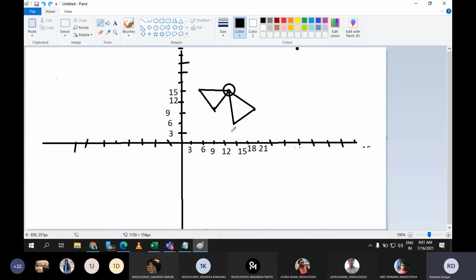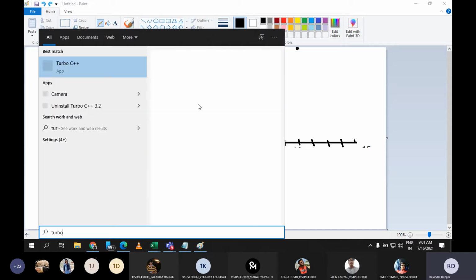Now, as we have enough time, I don't want to start the new transformation, which is scaling. In the next week, we will start the scaling transformation, but still we have enough time. So let's try to implement rotation with respect to origin programmatically. Are you ready? So that I can explain it programmatically and we can rotate the object. Yes sir. So for that, let me just start the Turbo editor.